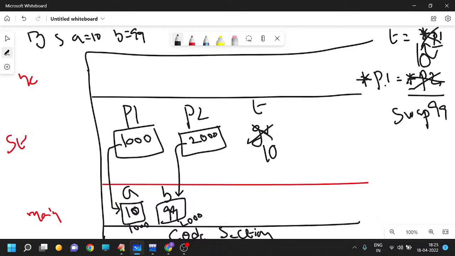When star pointer is written on the left hand side of the assignment operator, it means we are trying to modify the value of a variable pointed to by the pointer. We are trying to update or modify the value of a variable which is pointed to by the